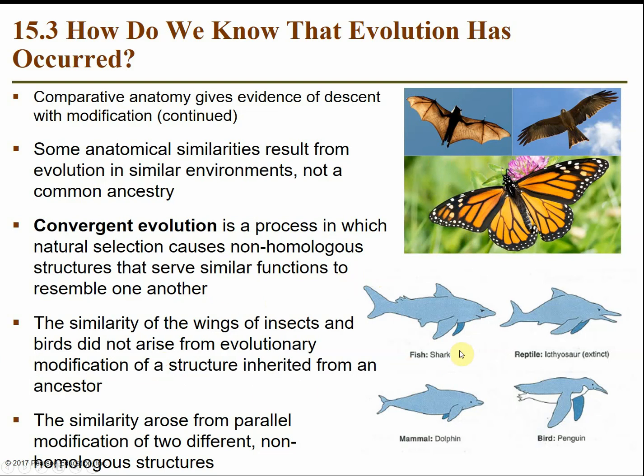Same thing with fins, an aquatic shape of organisms. We have aquatic fish, some aquatic reptiles, aquatic birds, and aquatic mammals like dolphins and whales, but they all look very similar in structure because their bodies have similar functions to live in water. They're going to have these flippers and this tail shape. So yeah, it's the parallel modification of two different structures.